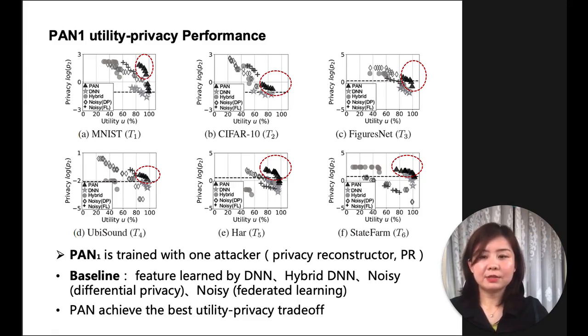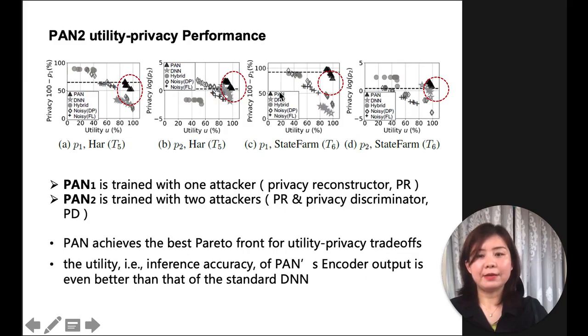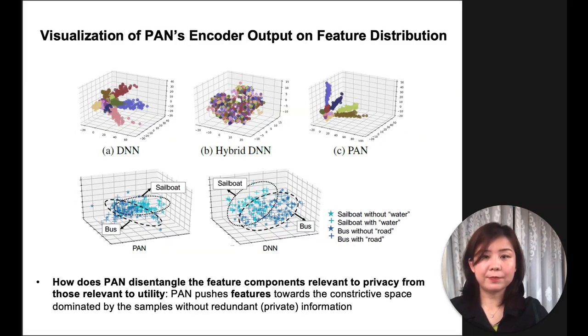We can see that the PAN can achieve the best utility-privacy trade-off, and the PAN 2 also achieves the best trade-off, and also the utility of the PAN's encoder output is even better than that of the standard DNN. We further visualize the PAN